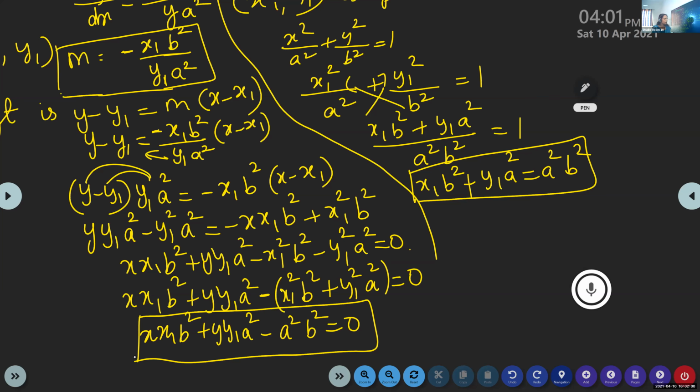Is it okay? Is it clear, children? Are you able to follow this? Ma'am, I have a doubt. Yes. In the equation x1 square by a square plus y1 square by b square, x1 also has a square, right? Yes. But when you wrote the equation down, sorry, no, the square is there. Yes, then only we'll be able to substitute it here. Okay, by mistake, I missed the square there. Now is it okay?